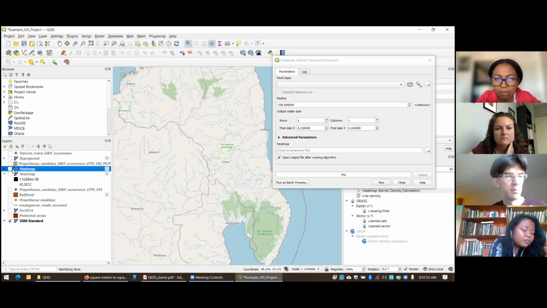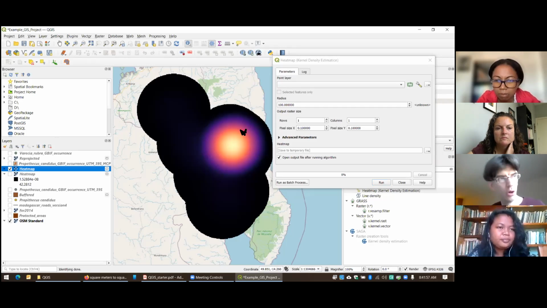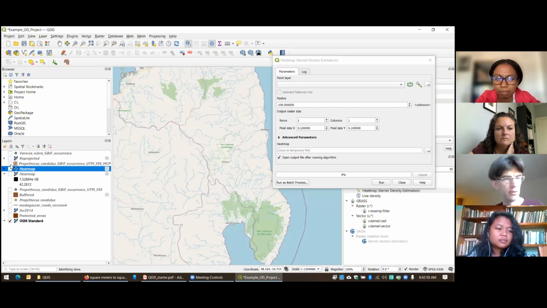because what it'll do is highlight specific areas for you about where you should go to, if you're talking about crime, to address that crime. Here, it might say, if we were interested, where are most of the Silky Sifaka records occurring? They're here in this area. Now, we really don't need to generate a heat map to tell us that, because we can just look at the occurrences. Oops, I'm sorry. I've got too many layers here. There we go. We can just look at the occurrences and we can tell, right, that most of the Silky Sifaka points are here. So this is probably where we want to go if we want to see one or